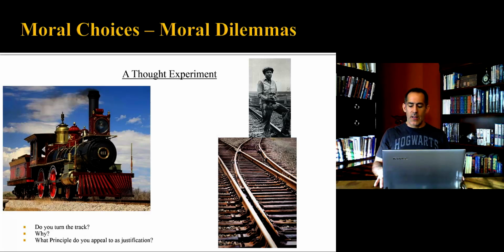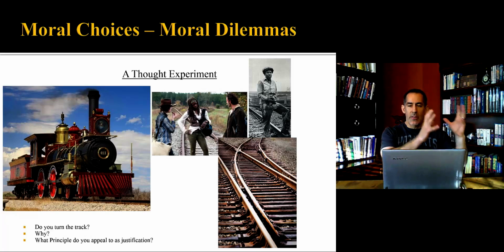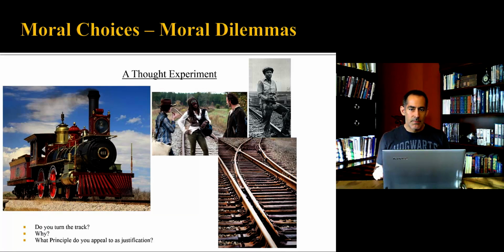So if you're saying it is a matter of preserving more lives, would the number of people matter? Does it have to be 6 or 7 that you're saving before you take one life? What if it's only 3 people? Would you still switch the track? Again, if you're going to be consistent, you're going to say, yes, it's still more people that you're saving. One person may be a legitimate trade-off. Again, you've got to consider that for yourself.